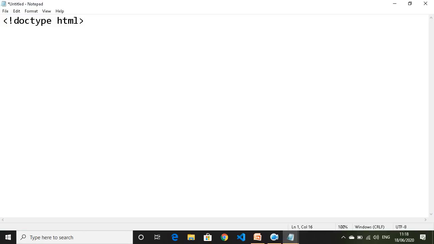Doc type indicates that this is our HTML5 document.